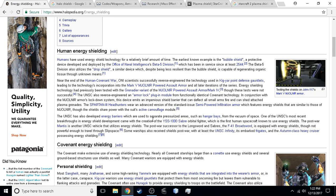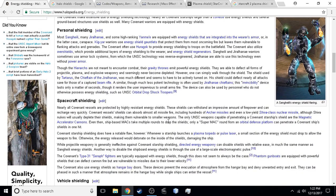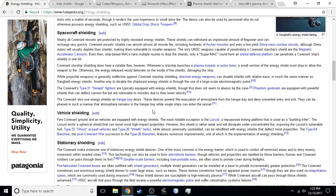First and foremost, let's look at cost and resources. What does it take to actually build these shielding devices? Well, to the best of my knowledge, and I have found nothing contradictory to this point, Halo energy shielding requires no special resources of any kind. However, they do seem to be expensive to a degree. This is most notable with the Covenant, who, for whatever reason,